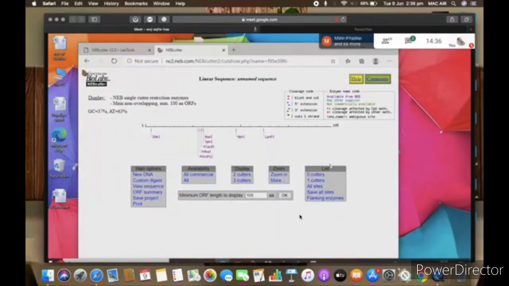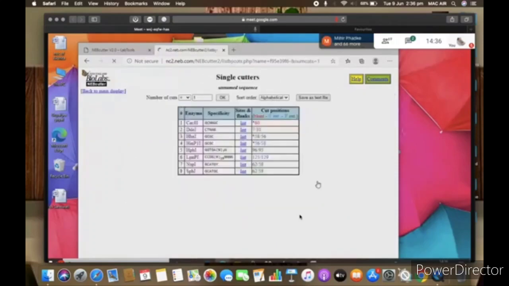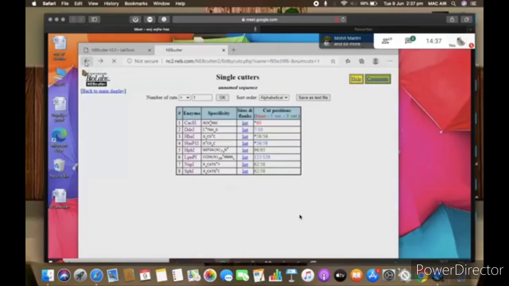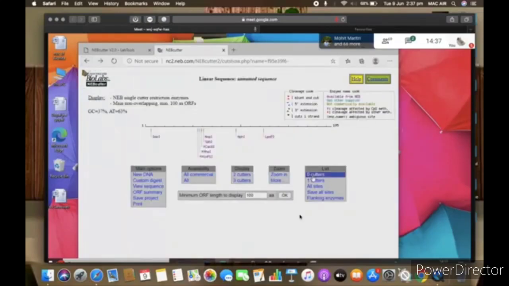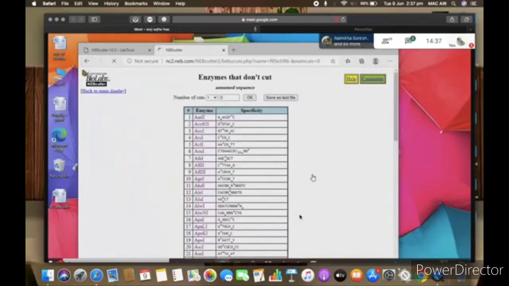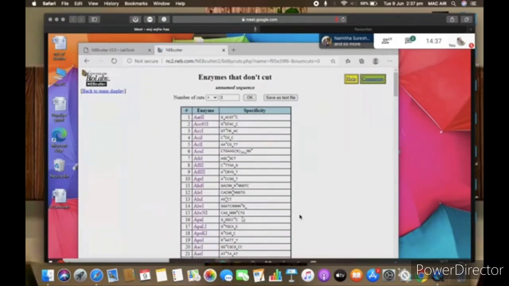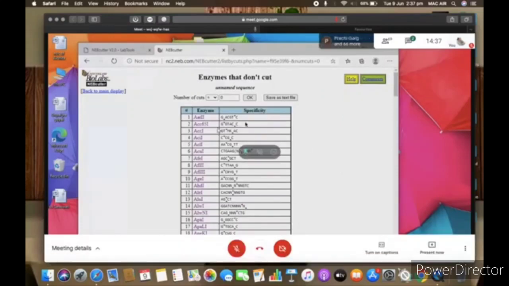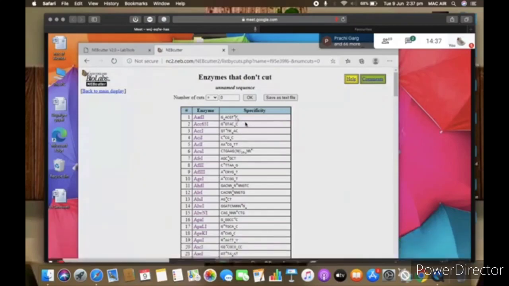If you search for one cutter, you can search this list. If you are searching for zero cutter, you will search this list. What does zero cutter mean? It means the enzymes which are available from this company are absent in your gene.